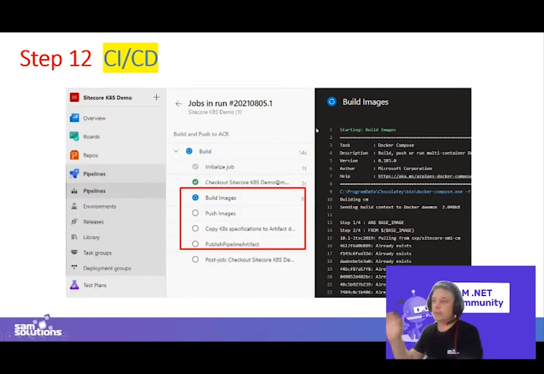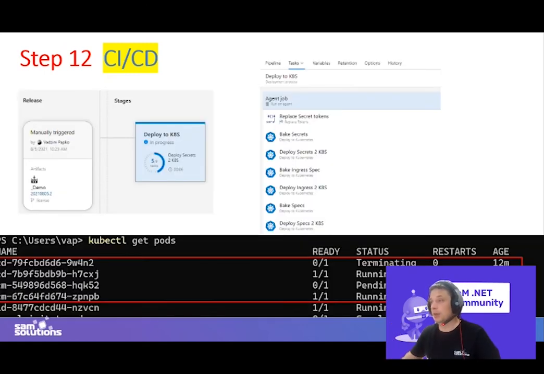So I put a sample from my Azure repository that I built for this meetup. So it's general. It contains a couple of commands: connect, build images, push images, copy specifications to artifacts, and publish it. It's for the build, and when it's ready, we can